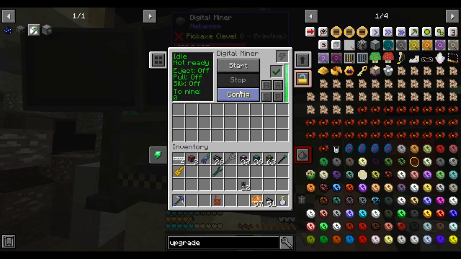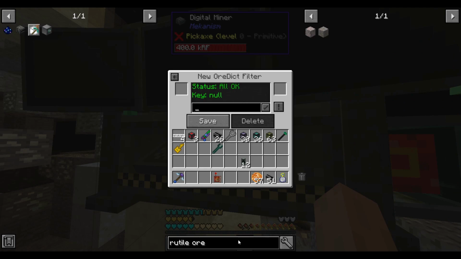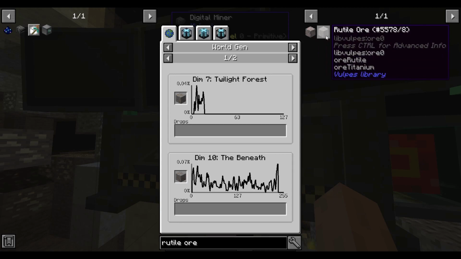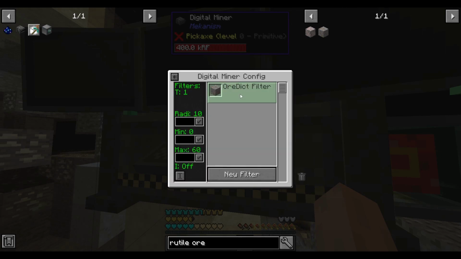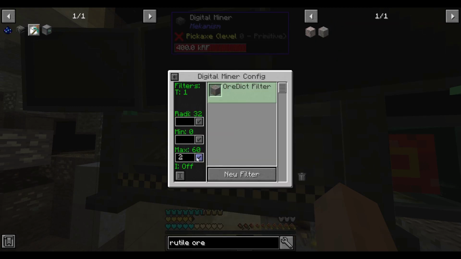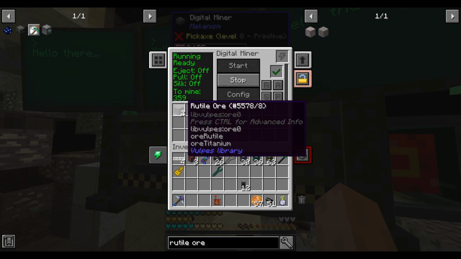Anyways, I wanted to mine, I guess for now, let's only go for rutile ore. We can come back and set it to get all ore. So I assume dense rutile doesn't generate, so I just want ore rutile. And it'll specifically go mining for this. Maximum radius, I think, is like 32 blocks. And I wanted to go from Y level 0 to how high does this generate up to? We'll go all the way to 255. There we go. And then when I start this, it will mine all 361 rutile ore pieces nearby, and it